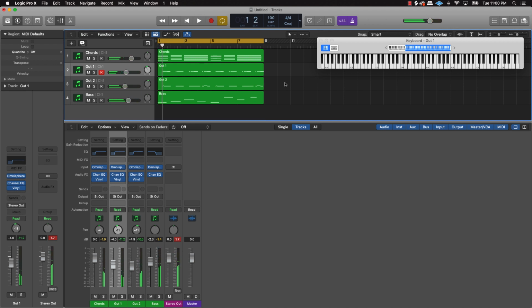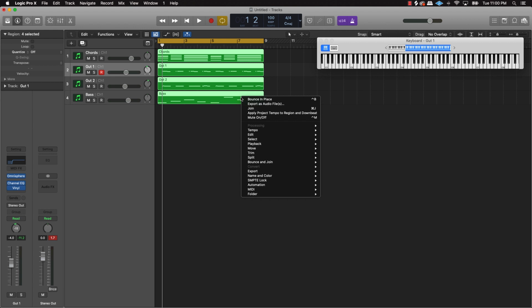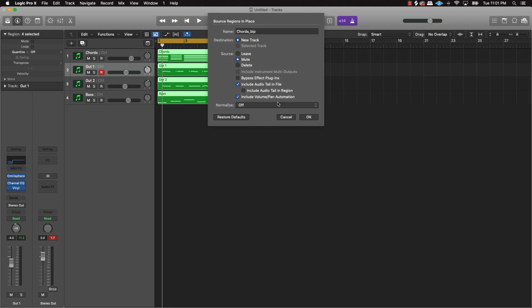All right, cool. So that's our melody. And what we're going to do now that we have that is go ahead and highlight everything. We're going to right click on one of them. And what you're going to see is this option. This first option says bounce in place. Click on that. And what we'll do is call this